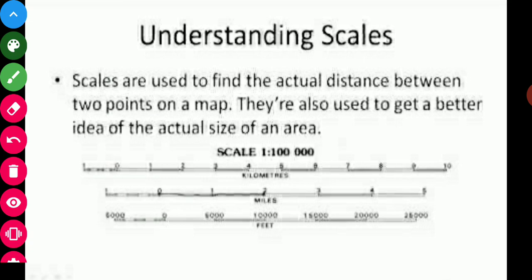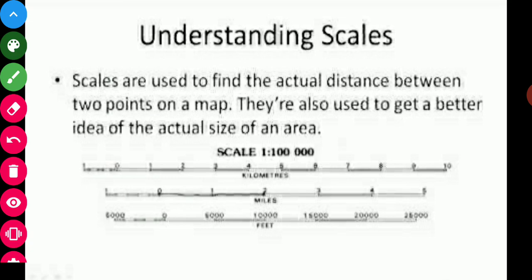These scales are used to find the actual distance between 2 points on a map. They are also used to get a better idea of the actual size of an area. So we can define a scale as a ratio between the unit of length on the map and a unit of distance on the earth. In other words, we can say a scale is a ratio between the distance on the ground and the distance on the map. For example,